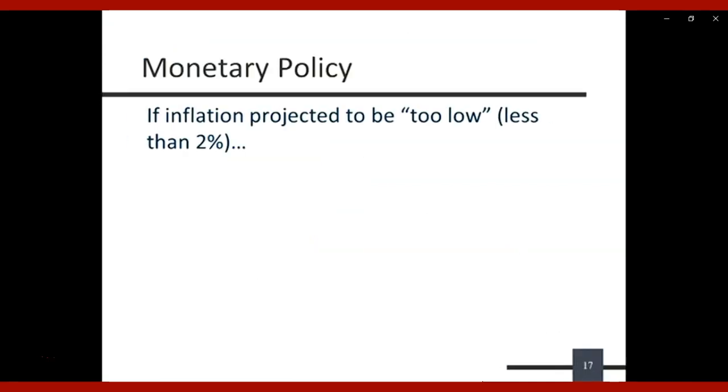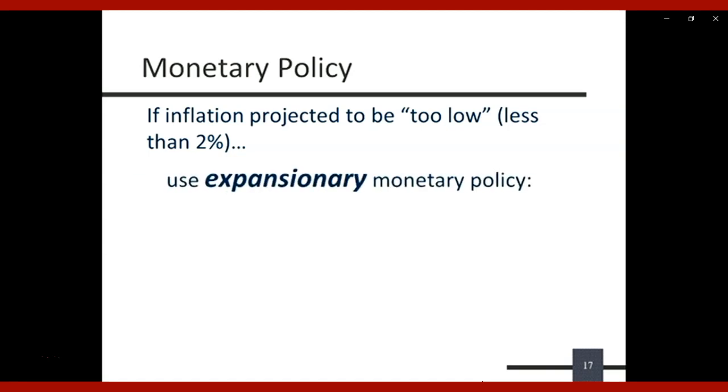And then, of course, there's the opposite of that. What if inflation is projected to be too low? Too low would be what? Less than 2%. If the inflation rate were 1% or 0.5% or 0%, and the Reserve Bank projected that it wasn't going to go back up again into the target range, then they might decide we need to do something about it. We need to expand the economy, we need to inflate prices. How are we going to inflate prices? We need to manipulate aggregate demand. We need to manipulate expenditure.